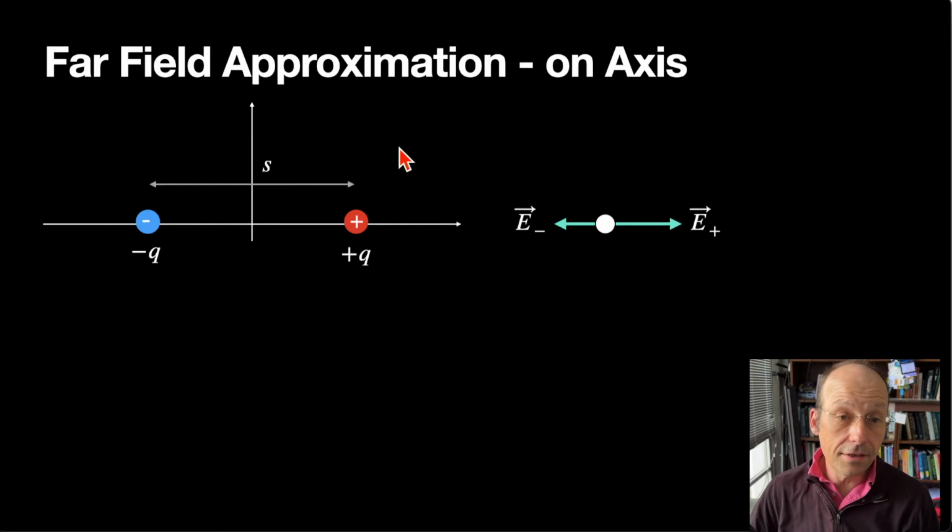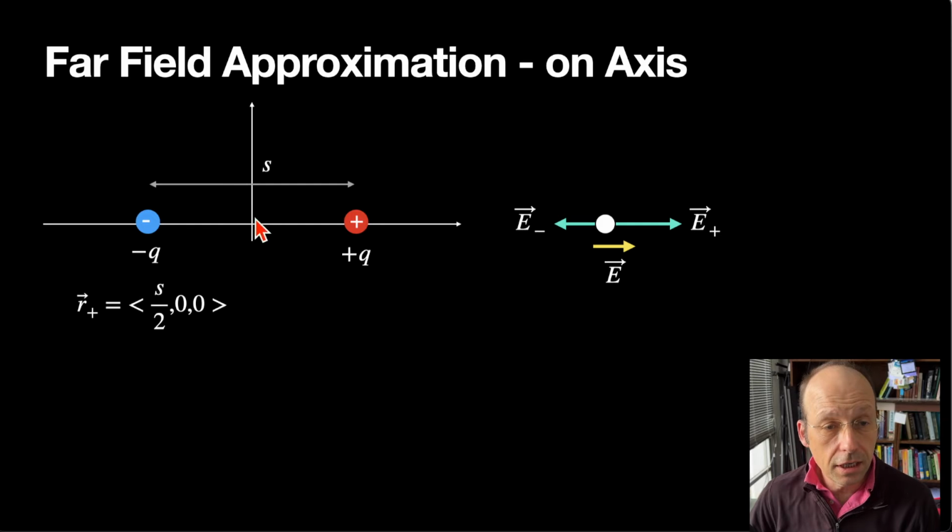Even though the dipole has a net charge of 0, the electric field is not 0, because the electric field due to the negative charge is smaller in magnitude than the positive charge, so they're not going to cancel, and I'll end up with this right here, the electric field pointing to the right. So the first thing I need to do is to find the vector values for all these things,